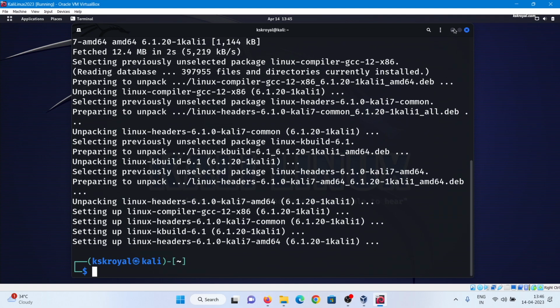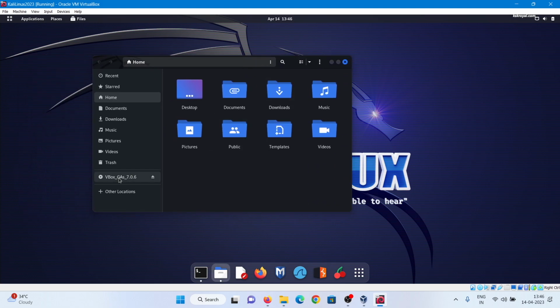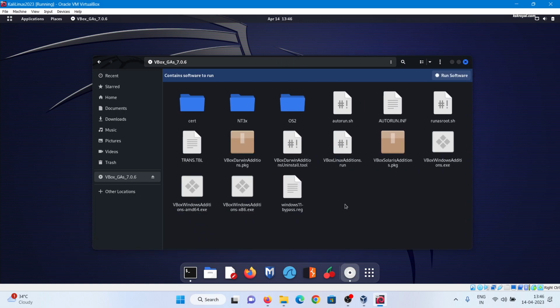Once it's mounted, open File Manager and you will see a CD icon on the sidebar. Click on it, copy all the files and paste them into the Documents directory.